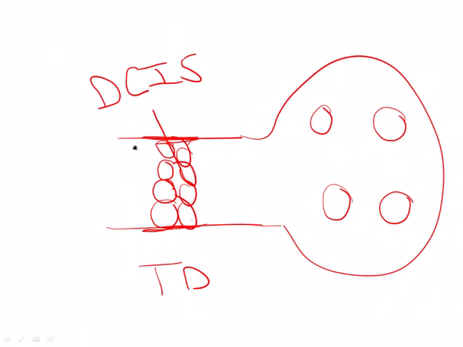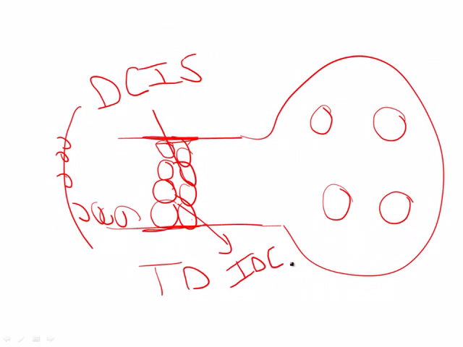If these ductal carcinoma in situ cells walk up the duct and eventually come out to the skin of the nipple, into the epidermis of the nipple, then that's called Paget's disease of the nipple. So when you have Paget's disease of the nipple, that is a ductal carcinoma in situ that has walked its way up the duct. So that's important to note. If these malignant cells invade through the basement membrane and into the surrounding stroma, then we call that invasive ductal carcinoma. So that's another subtype of breast cancer.